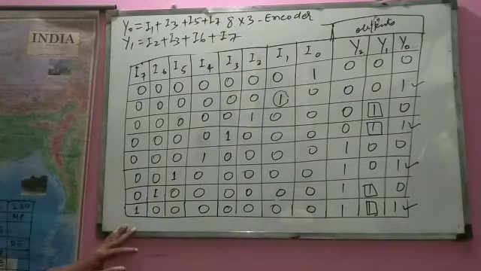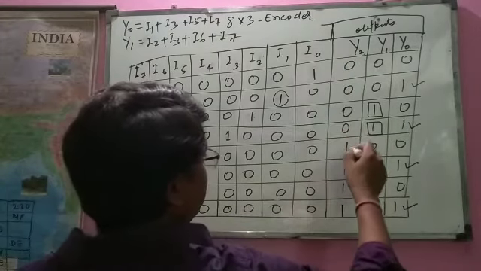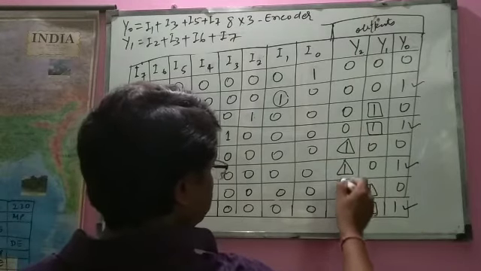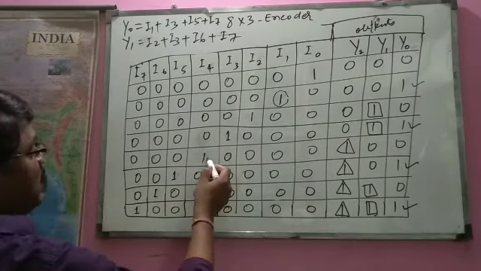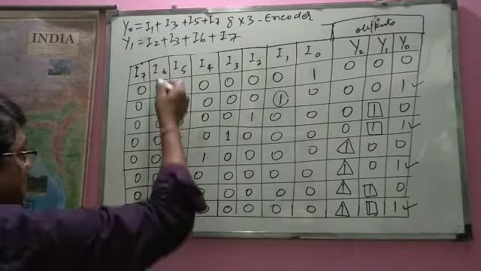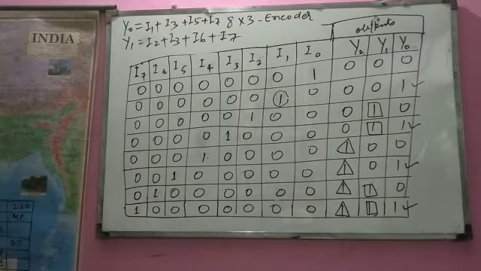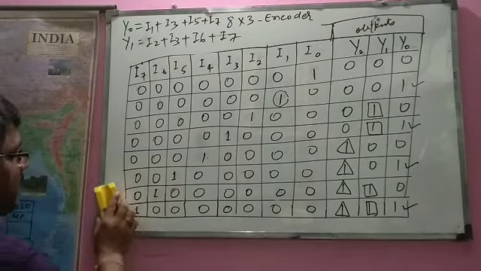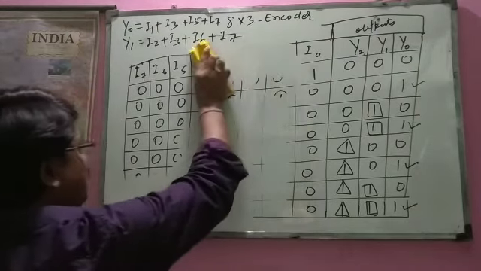And what will be the last one? See, this one, Y2. So Y2 will be, all these things are 1. So from here, it is I4, it is I5, it is I6, and it is I7. So that is very, very simple. So we'll write this equation, and I think there is no need of all these things now. You must have understood all these things.